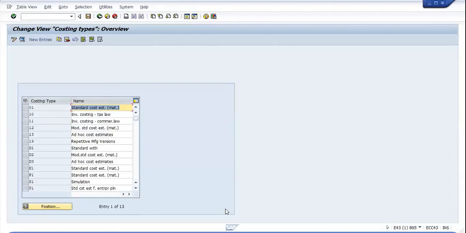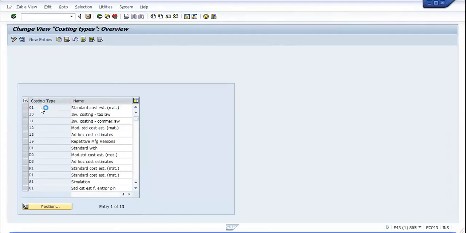It is also a SAP recommendation that we use a standard costing type, like 01, the standard cost estimate. Let's see. I will double click on the standard cost estimate.